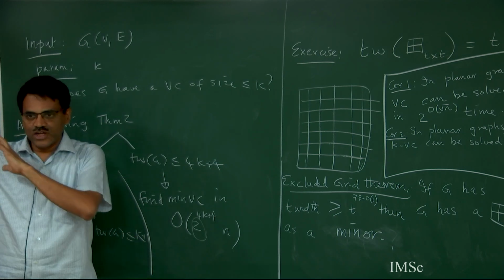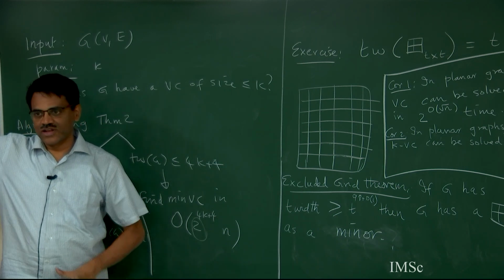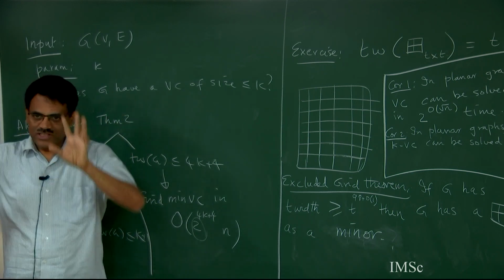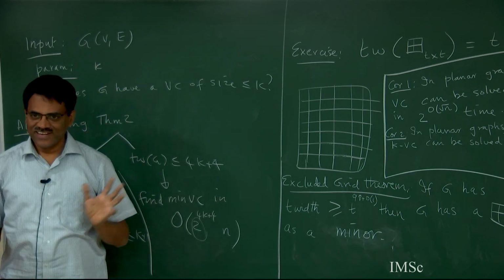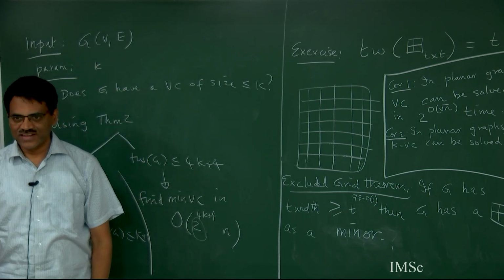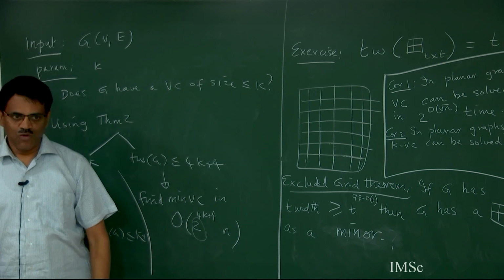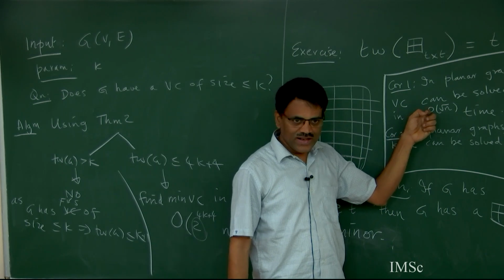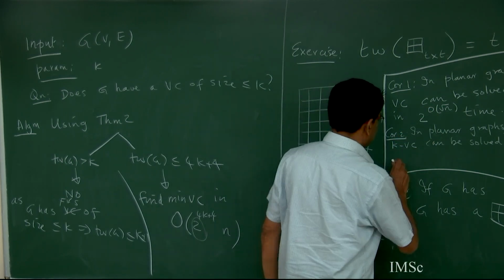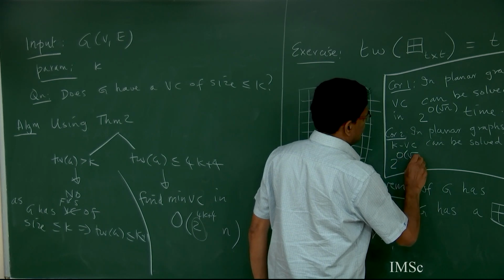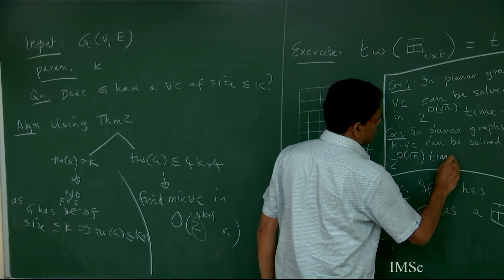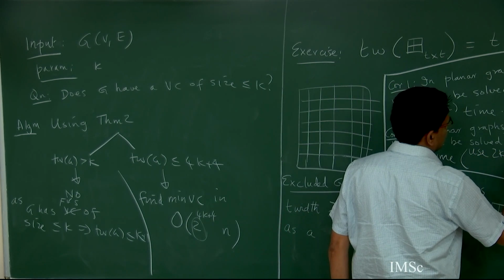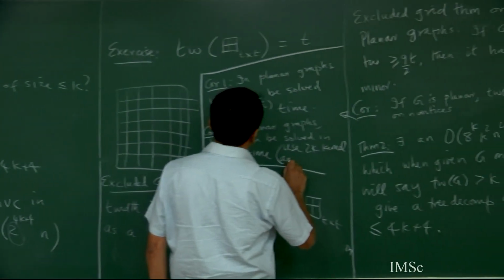In fact, this is an interesting question. Is there a better kernel for vertex cover on planar graphs? We don't know. It's an open problem. Okay, better than whatever we know in general graphs. But that's okay. I use the same standard kernelization and get a 2k sized graph where I have to now work further. There I will apply this algorithm. Now n is k. So you get sub exponential time, right? Use the 2k kernel and corollary 1,